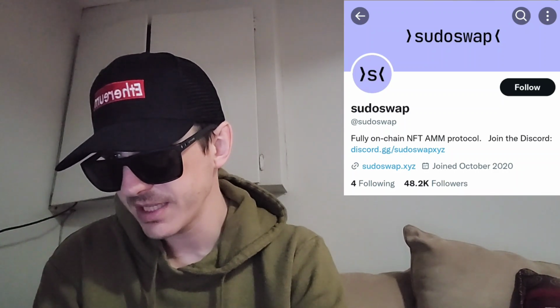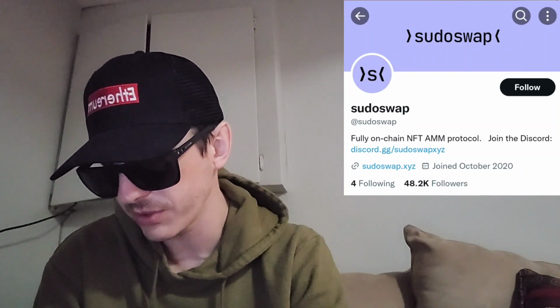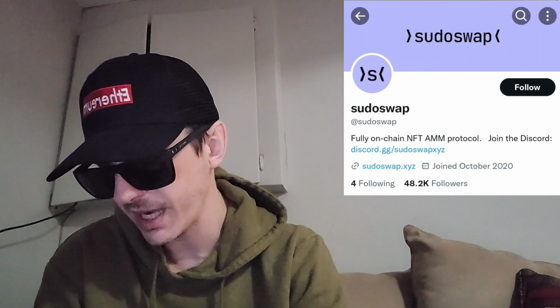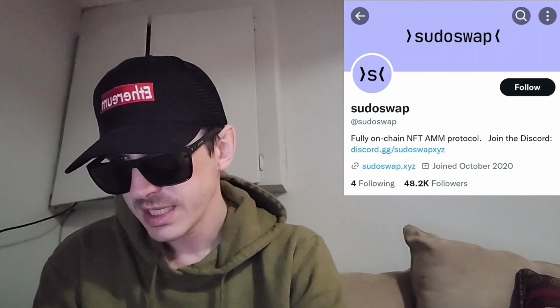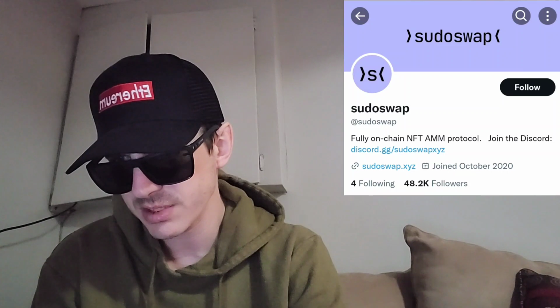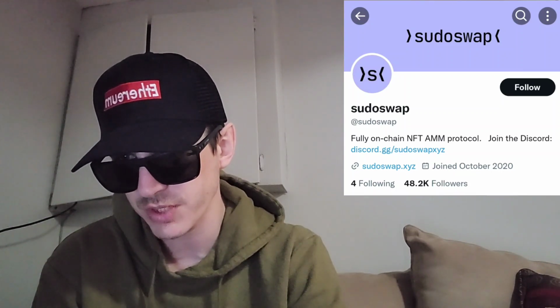Now, they have a section for buying NFTs, selling NFTs, direct pool swaps, creating liquidity pools, launching on Sudoswap, and managing your collections. And it says there is no special procedure to launch an NFT collection on Sudoswap. However, if you'd like to make Sudoswap part of your launch, you can: